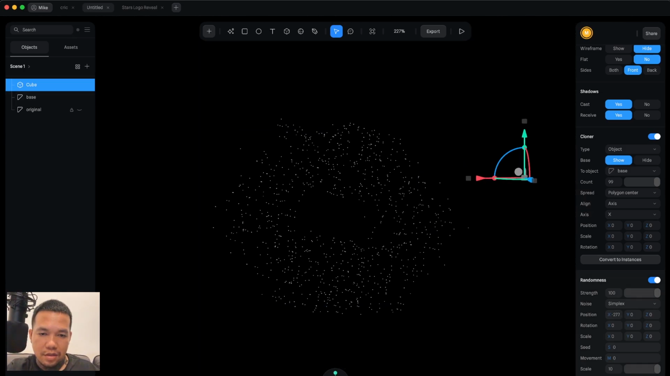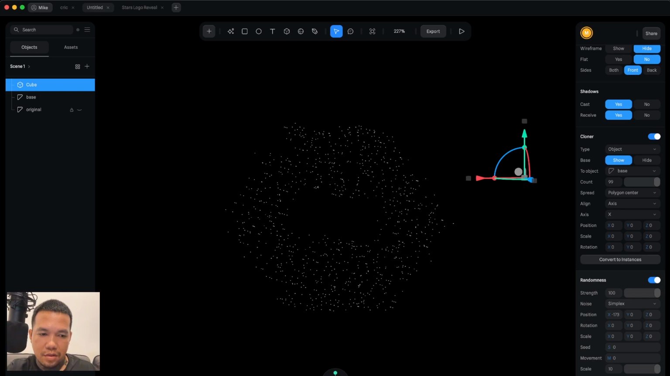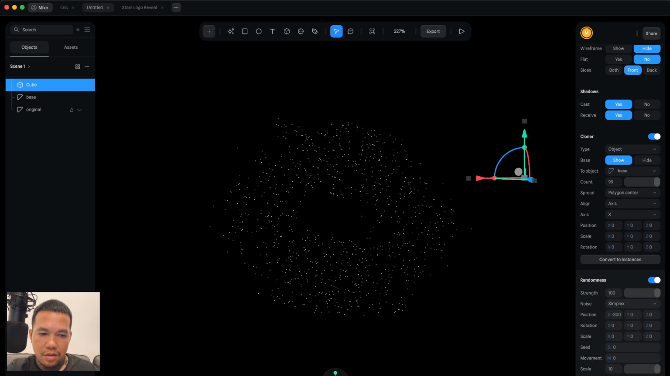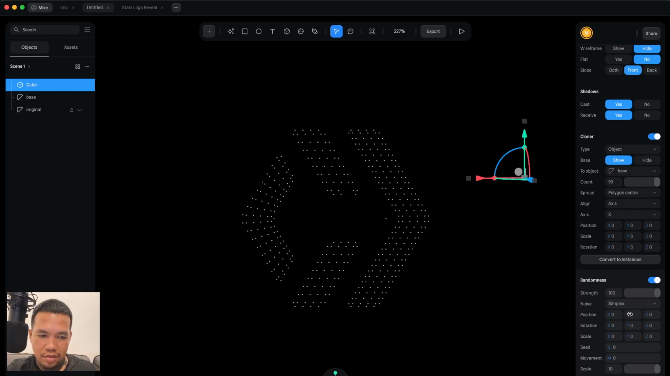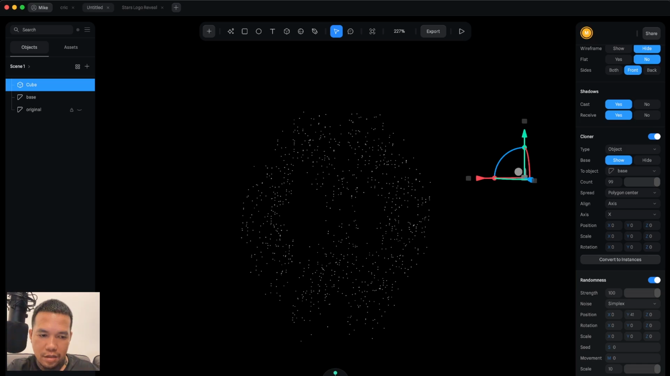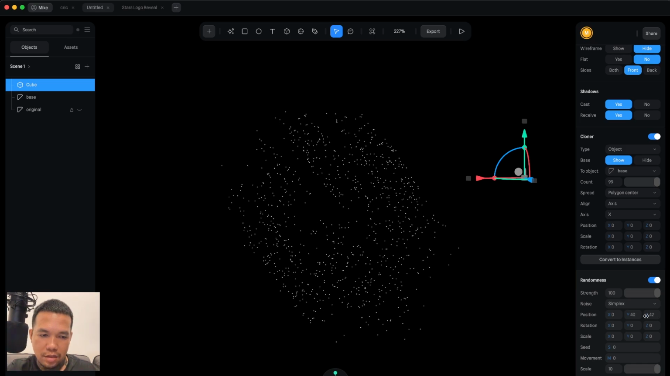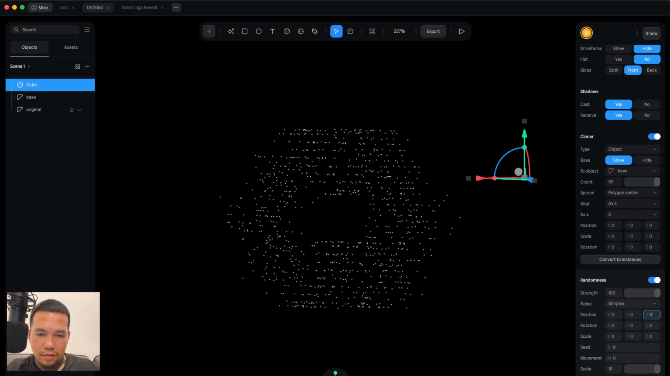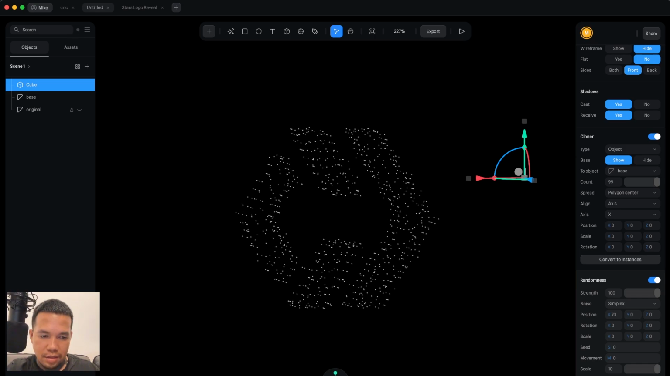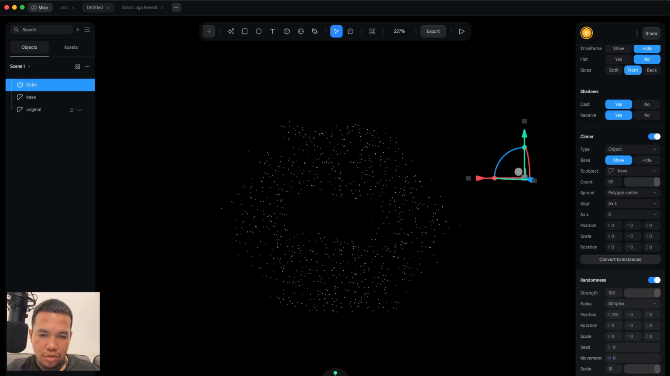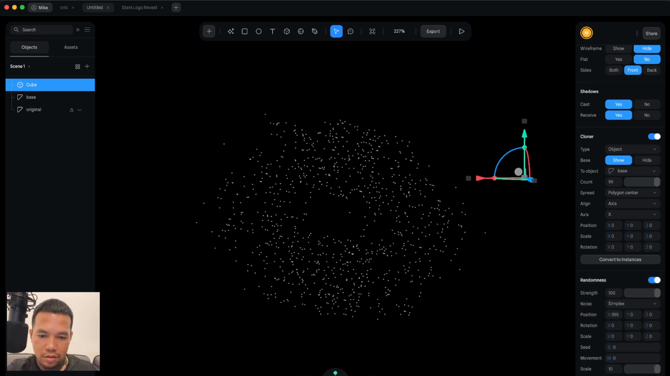you can see here that it's still on our shape. So let's see what happens if we move it to y and z. Okay, so I think we can make it, let's say, position like this,